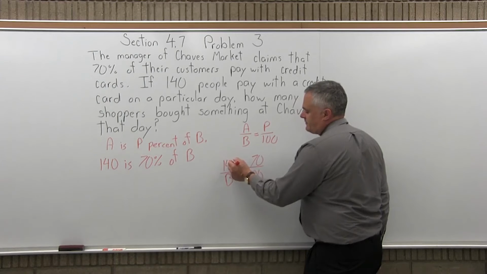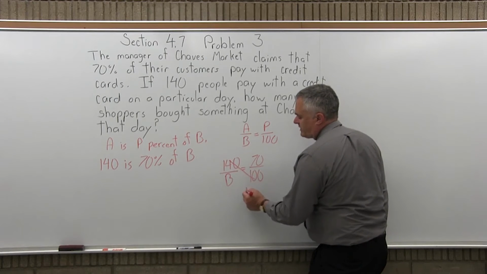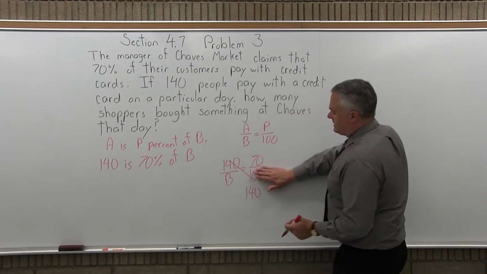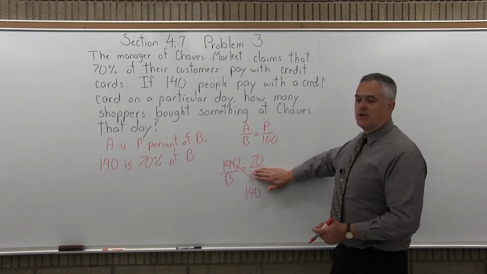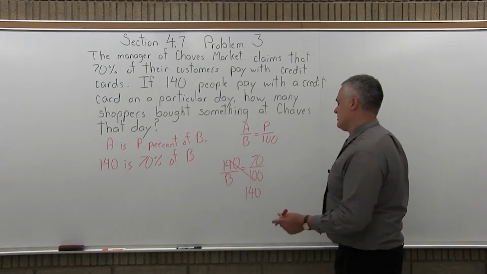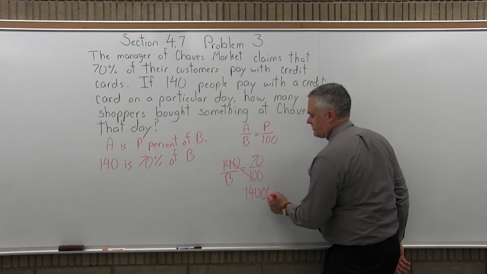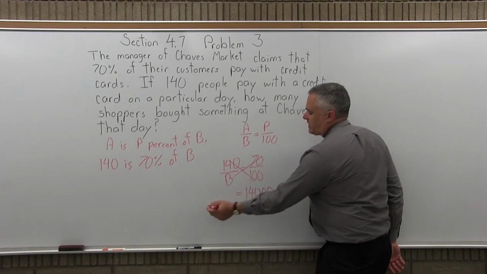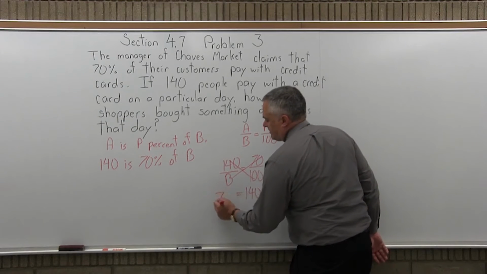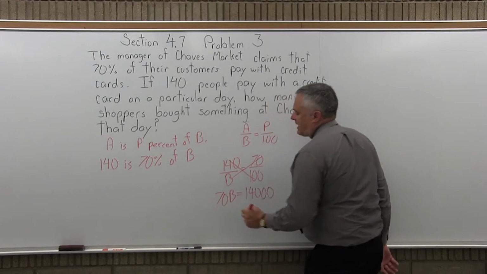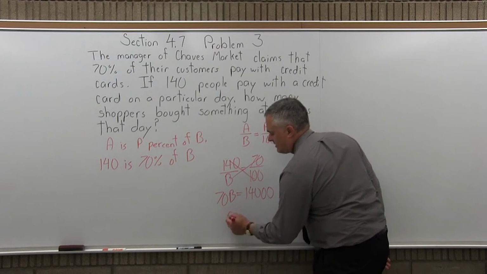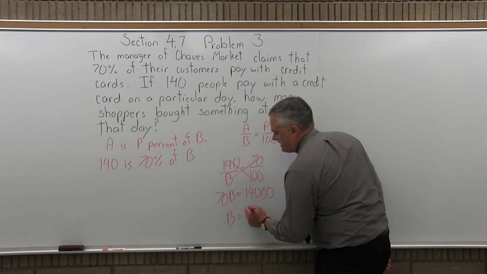So if I have 140 times 100, that's a big multiplication. Just ignore the zeros for a second. 140 times 1 is 140. Put the 2 zeros back in. So 140 with 2 zeros, I have 14,000. Pretty easy, even though it's big. Multiplying the other way, 70 times B is 70B. And again, I want what B equals, so I have to divide away the 70. B equals 14,000